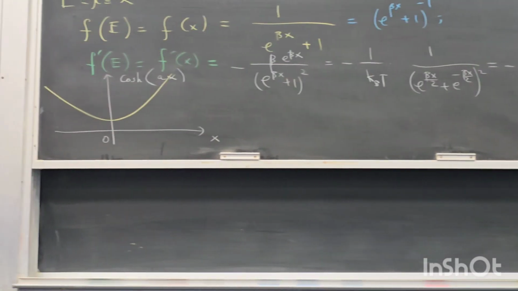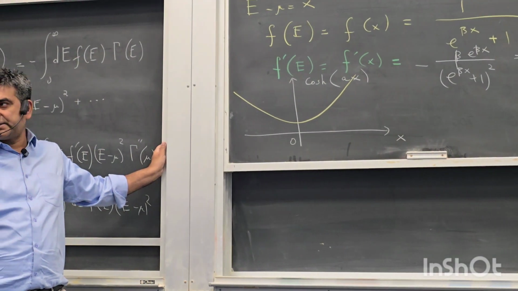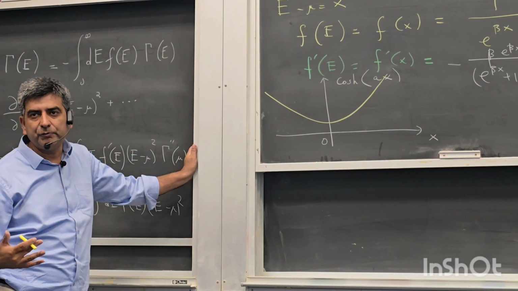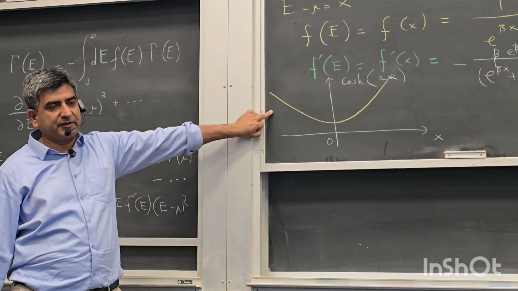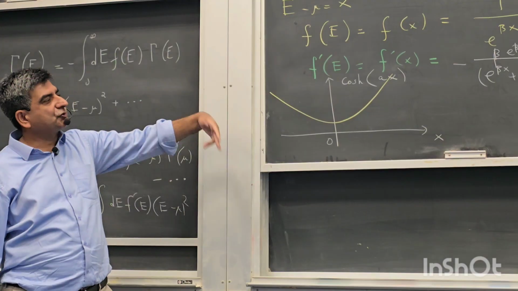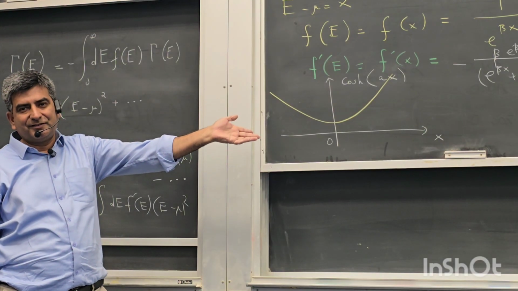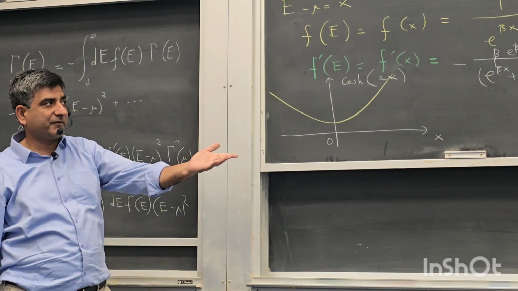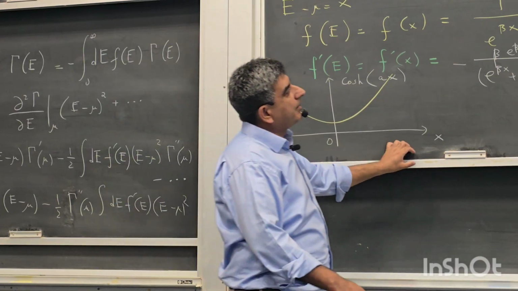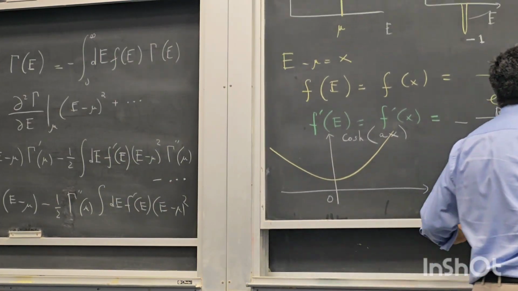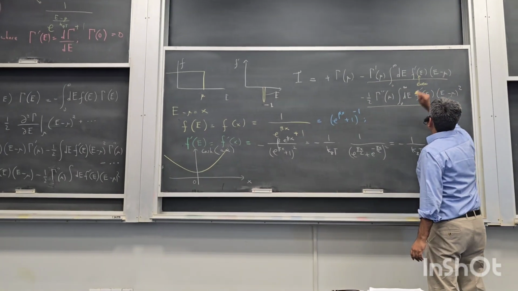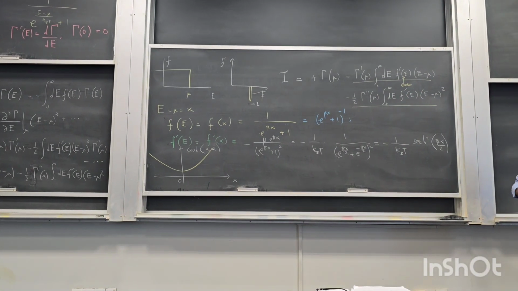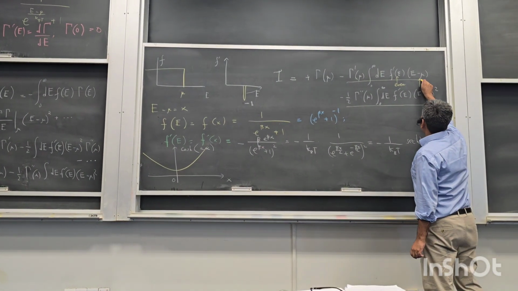It's an even function because it's defined as e raised to power x plus e raised to power minus x over 2. That's how a cosine function is defined. So this is an even function. The square is also an even function, and the inverse of the square is also an even function. So right here I have an even function. And right here I have an odd function in